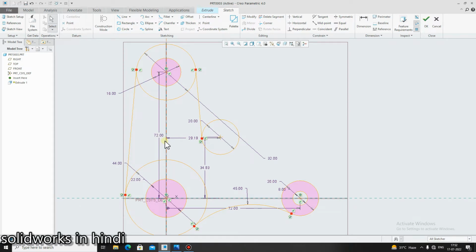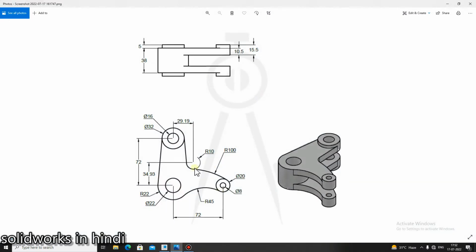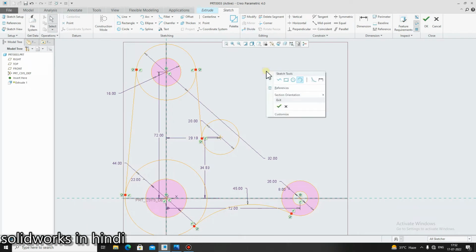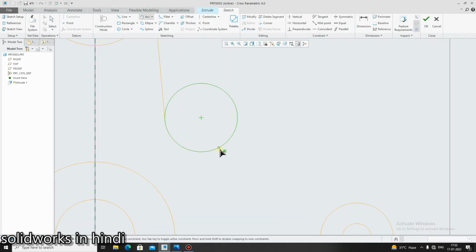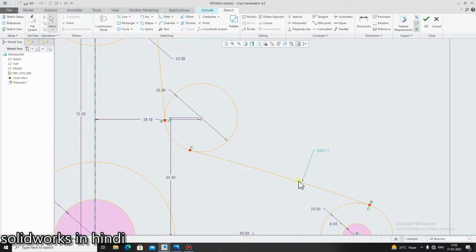Okay. We will make this arc of radius 100. So again right click, click on the arc, click here and give the dimension. Here the radius is 100 mm.